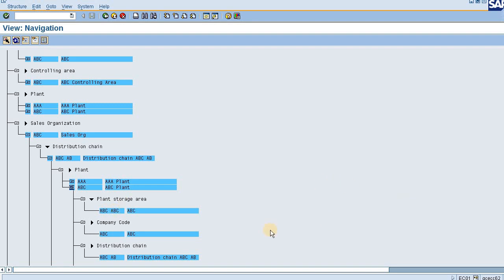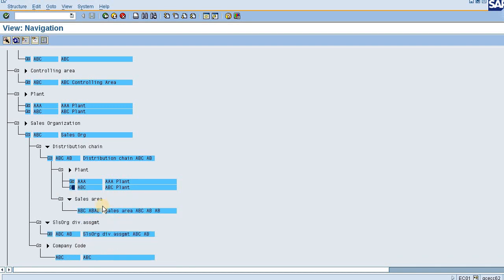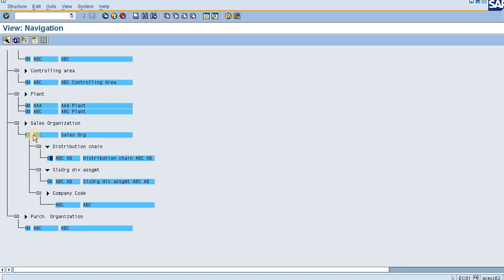The plant also contains the plant storage area, meaning the storage location, then company code, then distribution channel, and there is sales area as well. So sales organization has distribution channel, sales organization distribution assignment, then the company code.